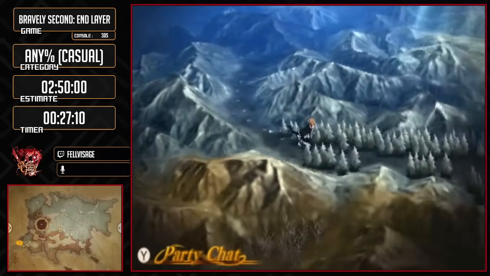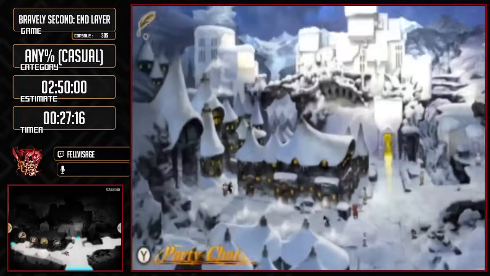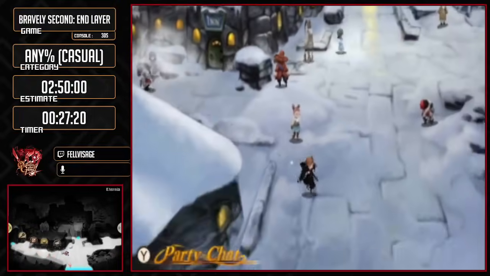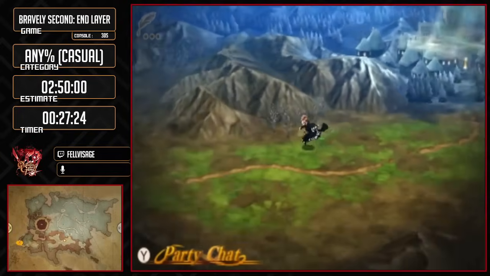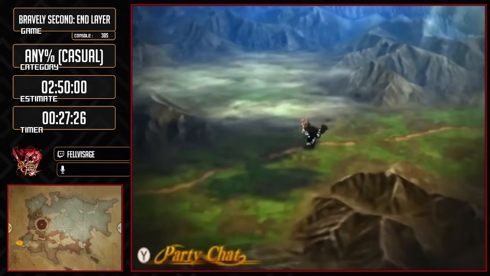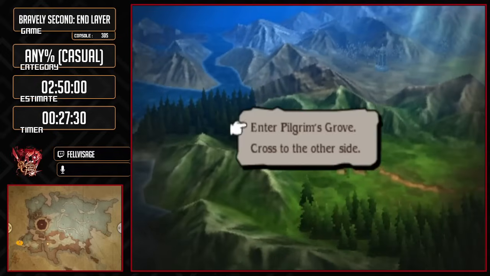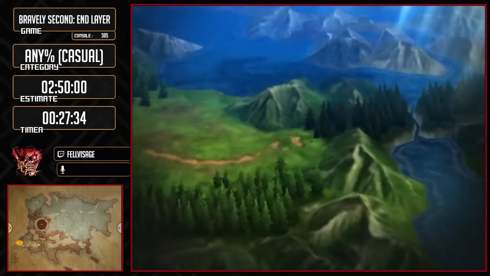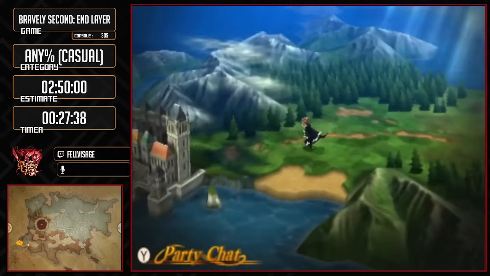I'm gonna do that now, so I don't forget. And now we just have to run all the way back to the first town. However, luckily, the game is not entirely sadistic, and does give us a decent option along the way here, over at the forest, which lets us cross to the other side without having to actually go through the dungeon. Very nice. This game has insanely good quality of life,